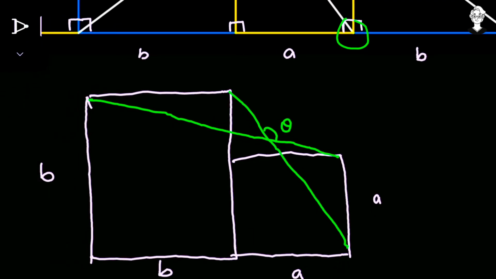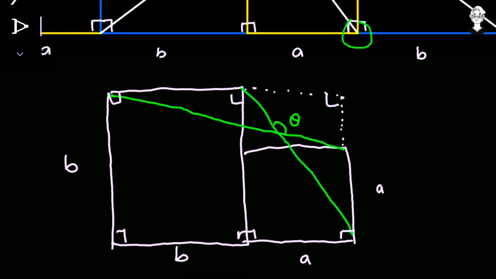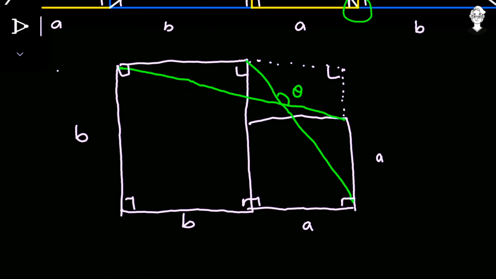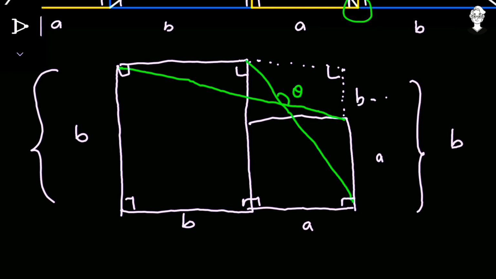Now I am just extending this line and intersecting with this line, and they are going to be straight lines. So first of all, all these angles are 90 degrees because these are both perfect squares, and over here also this is equal to 90 degrees. Now as all these angles are 90 degrees and this length is equal to B, this length is also equal to B. Some length is already equal to A, so this remaining one is going to be B minus A.